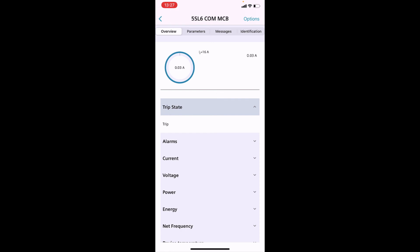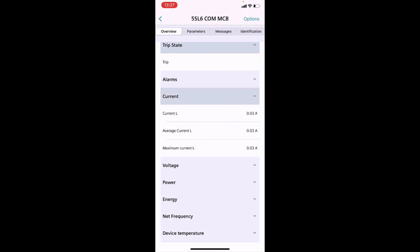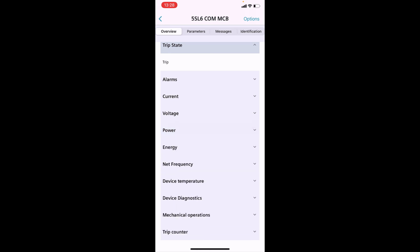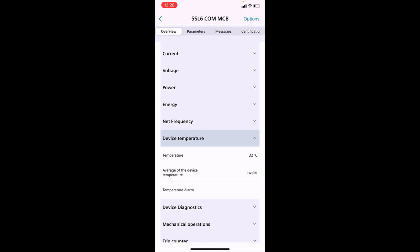So there's our COM MCB. That is currently, as I mentioned before, powering the Powercenter 1000. So there's a small amount of current being drawn there. And from this overview page, you can view a vast variety of different measured values. As I mentioned earlier, these are capable of basic energy monitoring, so you can monitor the current, the voltage, how much power is being consumed. Also, you can view device temperature, something that might be useful for areas where you've got an ambient temperature issue,